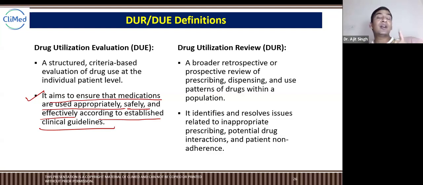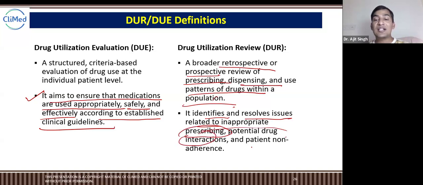And that only can happen when you are checking each and every patient or each and every prescription. Understand? That is evaluation. When the broader term comes for utilization, this is usually a retrospective or prospective review of prescribing, dispensing, and use pattern of drugs within a population, right? It identifies and resolves issues related to inappropriate prescribing, potential drug interactions, and patients' non-adherence. Okay, at the community level or at a big population level, when you are checking it, suppose you are doing a prescription